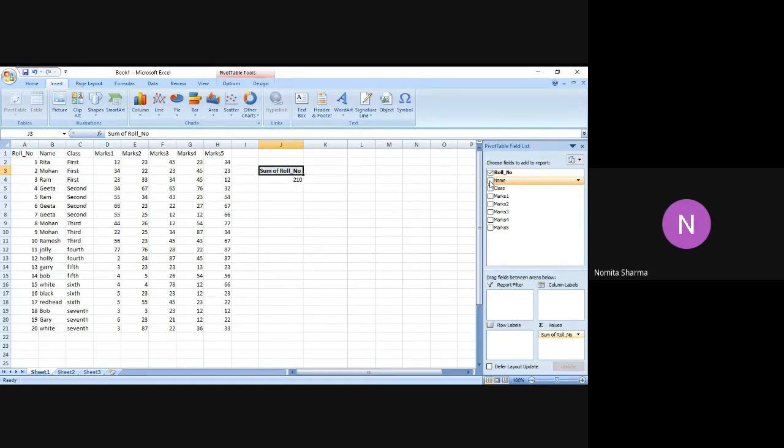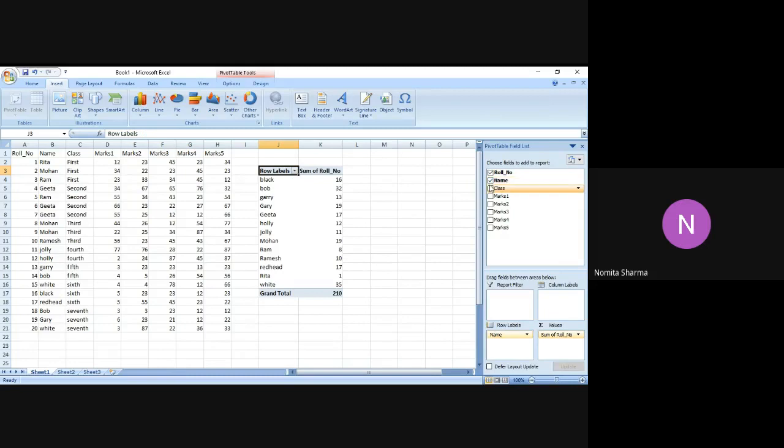So automatically it is putting in the roll number in the sum and the values, but I don't want to have it in the values. So let me first select and then I make the change. But you just see the change which is happening simultaneously as and when I'm selecting these fields from the pivot table, right? So if you see, when I selected the roll number, you see that class wise they have given me the sum of the roll number.